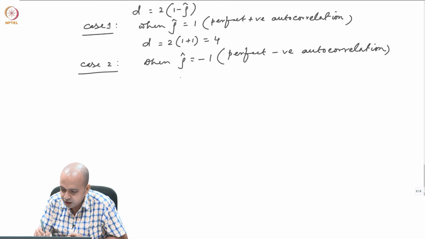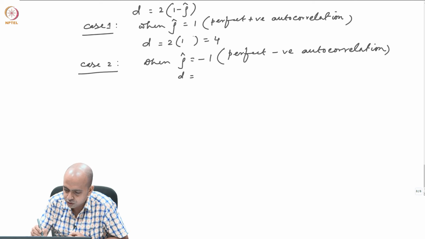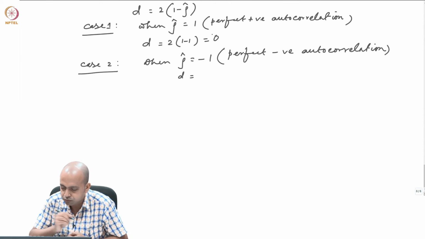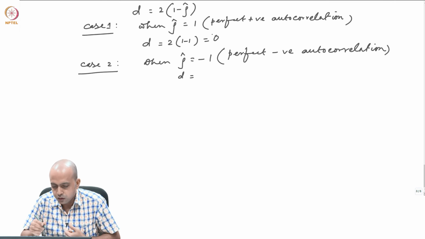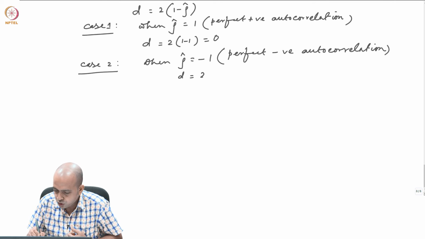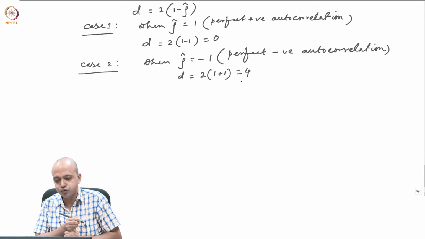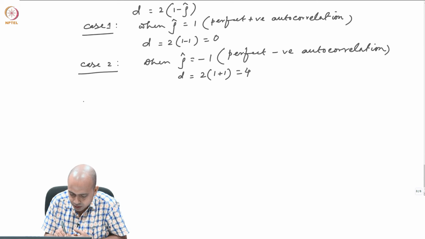What will happen to d? D would become 1 minus 1, so this would become 0, this would become 0, and then this would become 2 into 1 plus 1 equals 4. And then case 3,